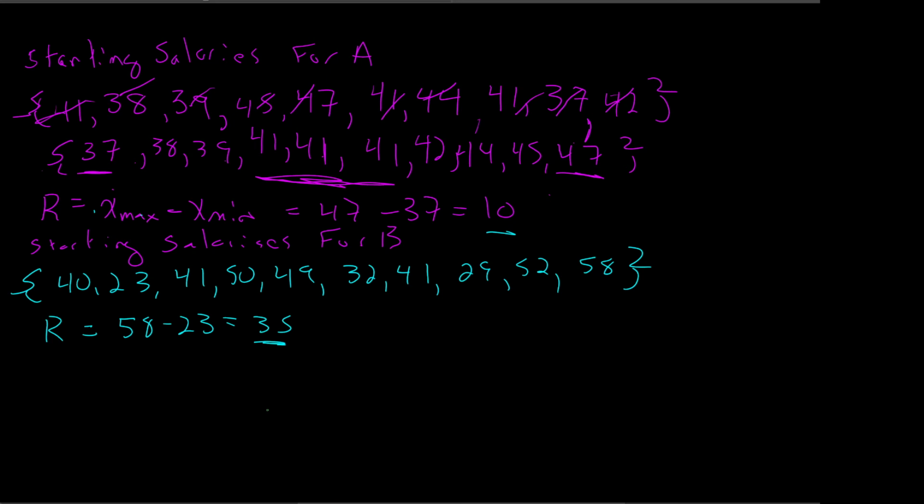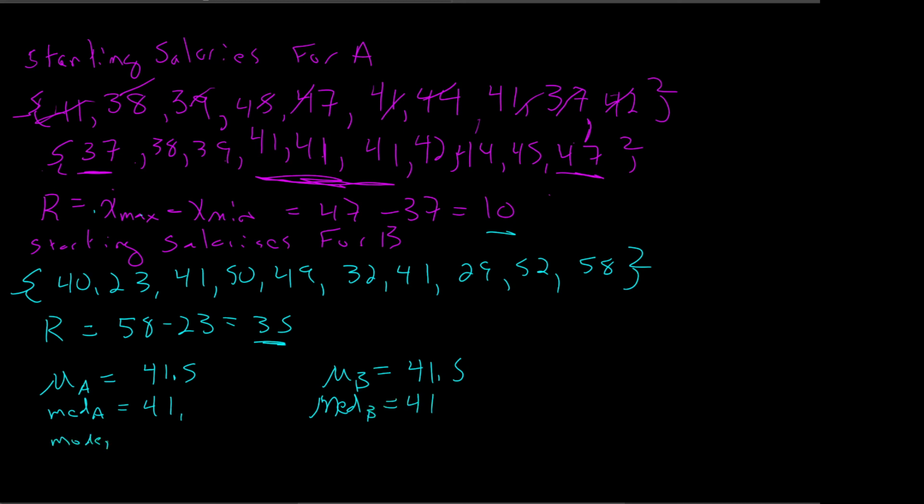Now, both sets of data have a mean. So the mean of A is 41.5, and the mean for B is also 41.5. And they both have medians. The median of A is 41, and the median of B is 41. They also have a mode, as I pointed out for A of 41, and a mode for B of 41. And so